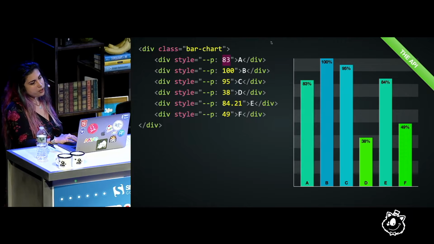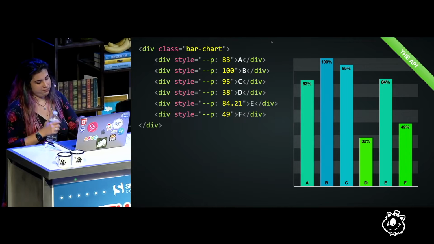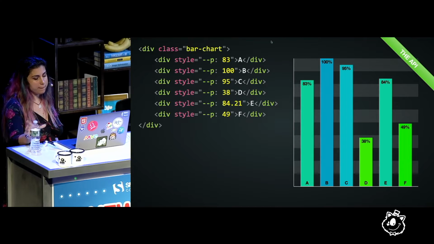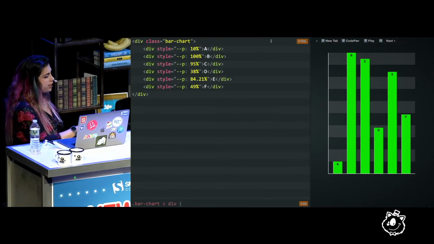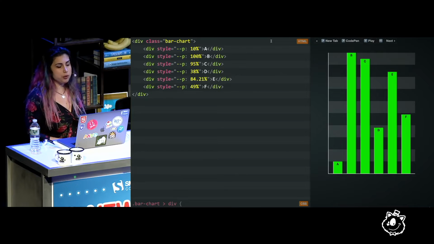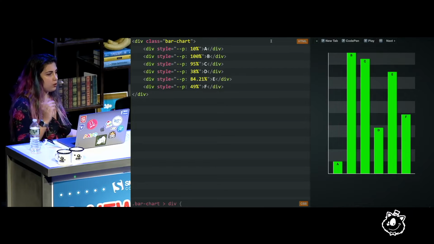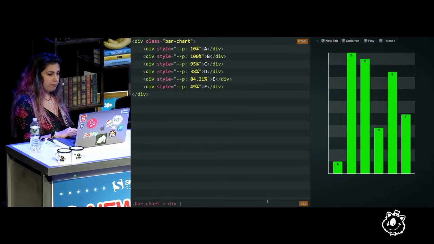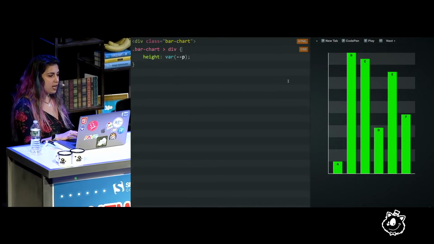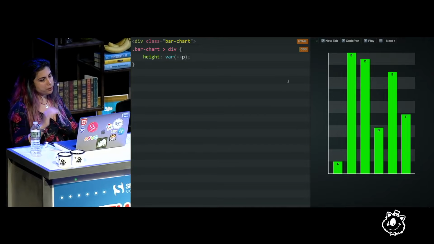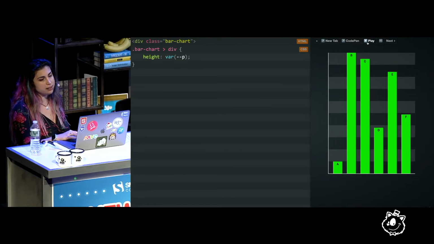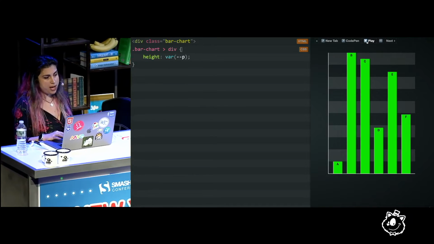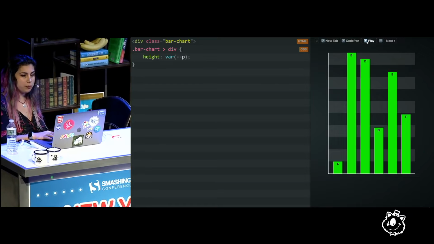So how can we do that? Our starting point may look something like that. At first, we were trying to use percentages because we thought, you know, it's a bar chart, it's showing percentages, I'm going to use percentages. And our CSS looked kind of like that. Because we were using percentages, we could just use the percentage verbatim in the height like this. So our first step was, let's try to display the percentage on the actual bar.